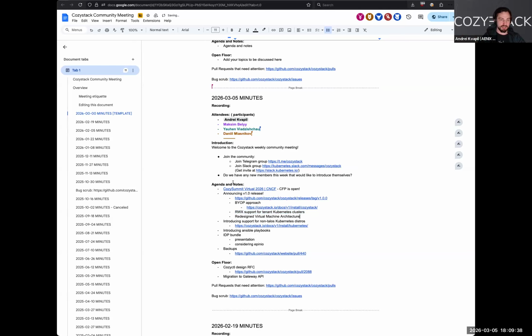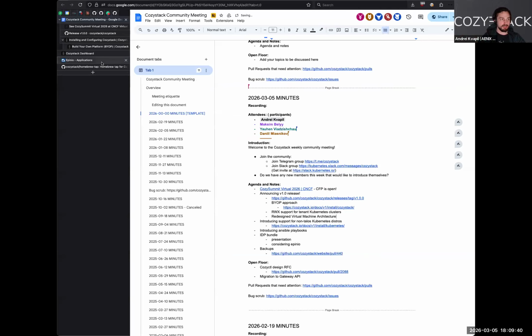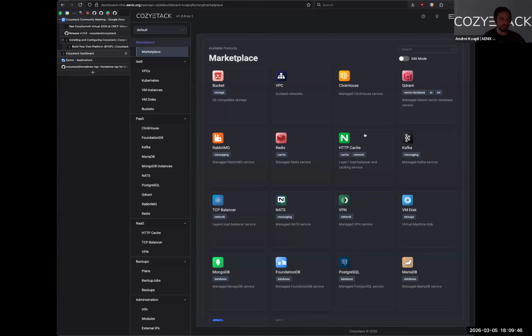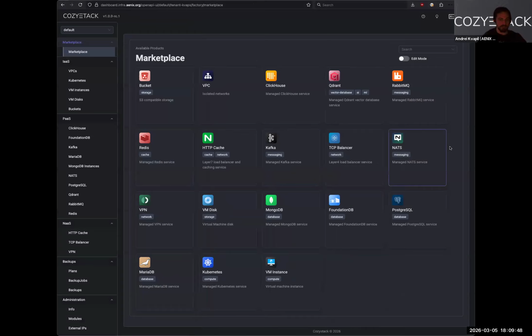A few other options. We finally redesigned the application set. We have a few applications which are now deprecated. We have deprecated FerretDB. The new Cozystack also introduced Qdrant, and also Harbor. I don't have it here because it is release candidate 1 and I didn't update it yet. And the next version will also introduce OpenBao as a managed application.